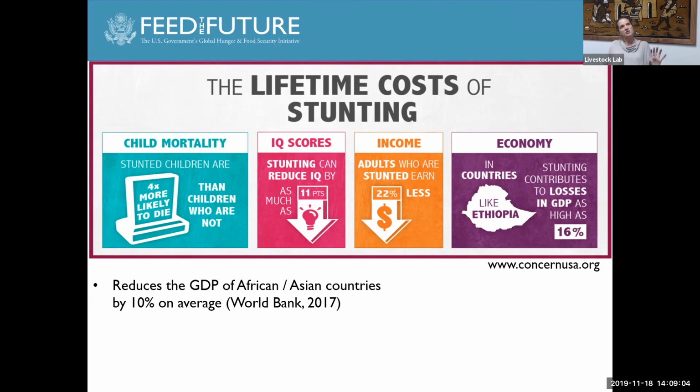So this is just to set the stage and say, why are all these initiatives focusing in on nutrition? And that is to say that it matters. It matters broadly, whether you're looking at economic outcomes